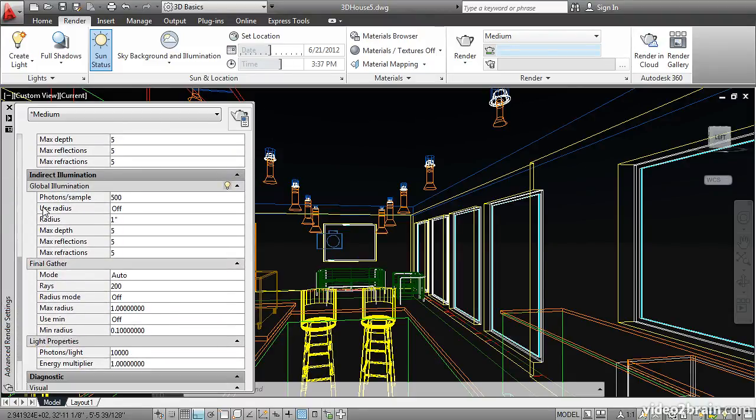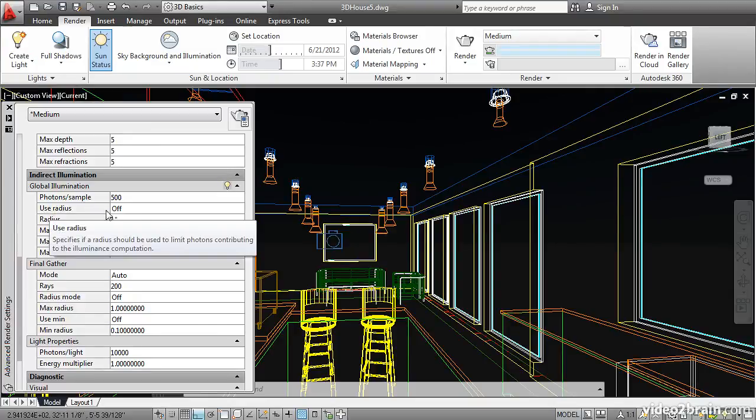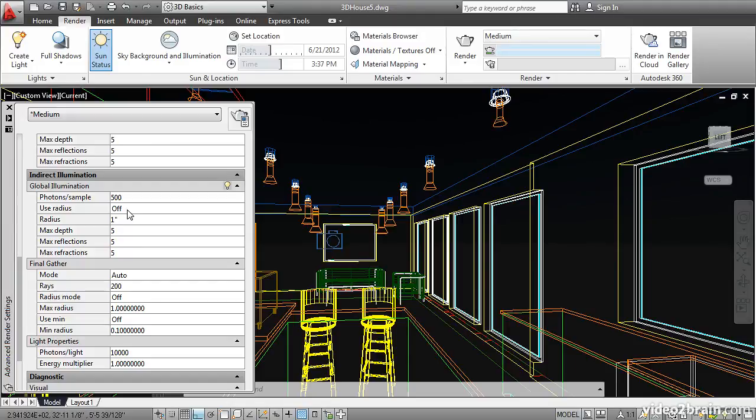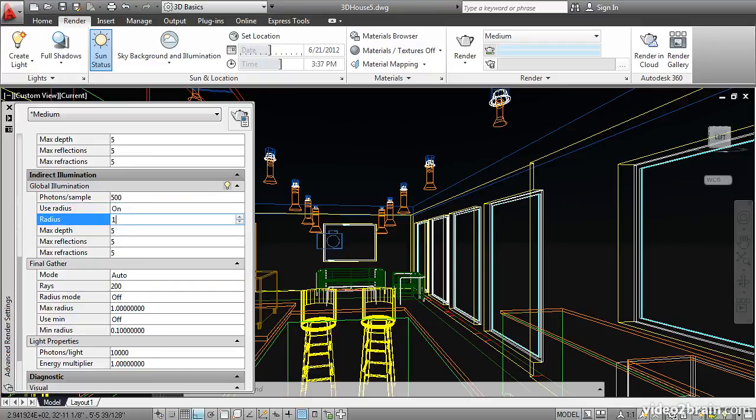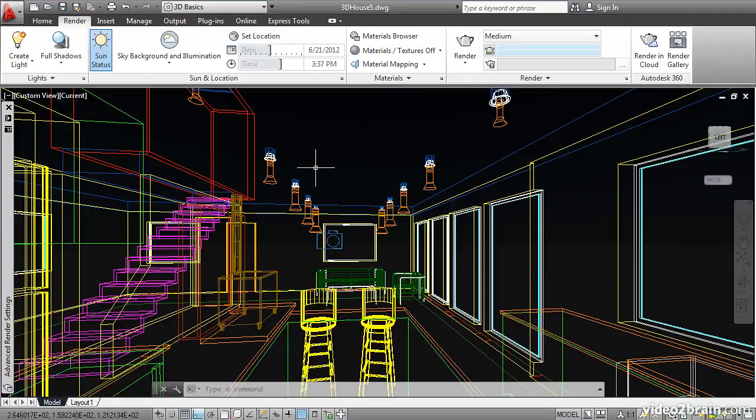Let's change the way that the photons are working. Right now, use radius is off, so they're bouncing sort of haphazardly through the space. Let's change this to on and set the radius value to 1 foot. I'll type 12, enter. And this time, instead of creating a test render of the whole screen, let's create a